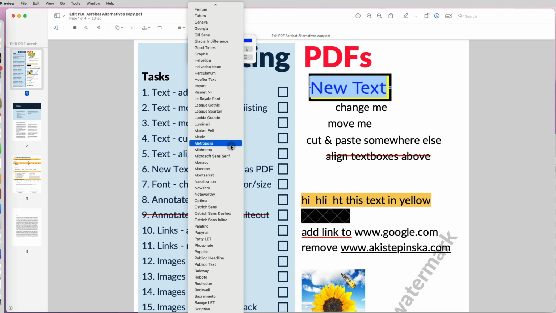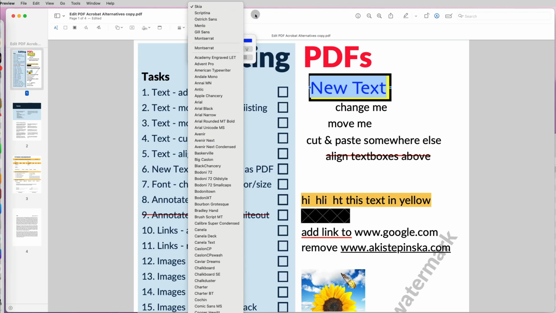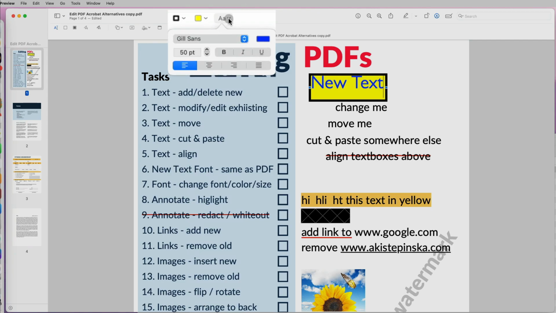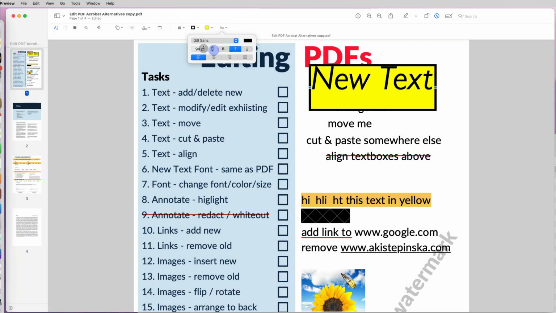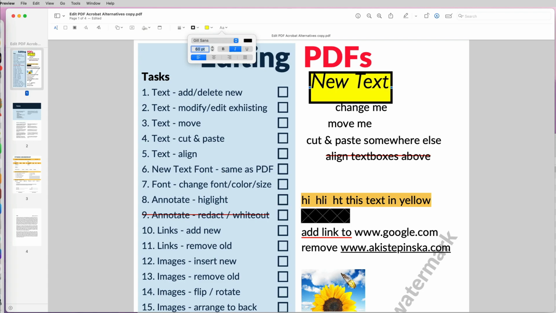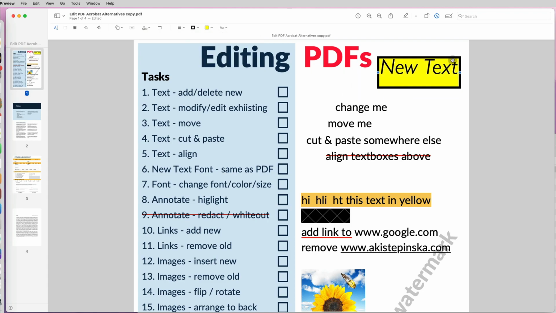There's a large selection of fonts that you can pick from, and then you can change the color of the text itself, as well as resize it by using the arrows up and down, or you can just type in the size you want into the size box and make it italic, bold, etc., change the alignment. So there's a lot of customization options, and most likely you'll find something that's similar or exactly what you have